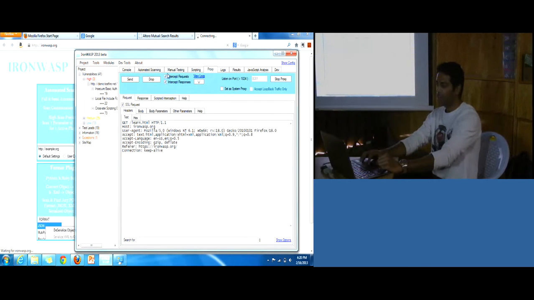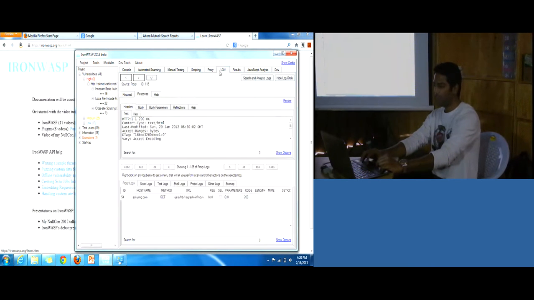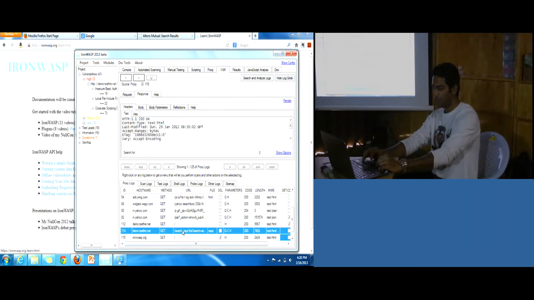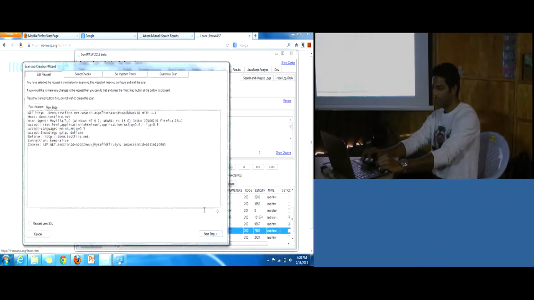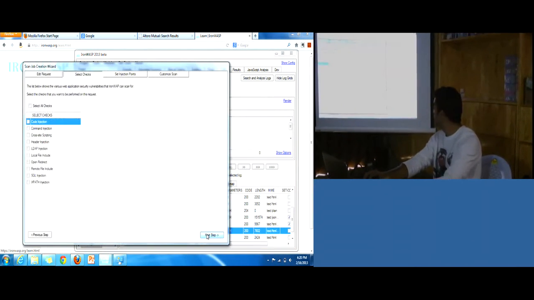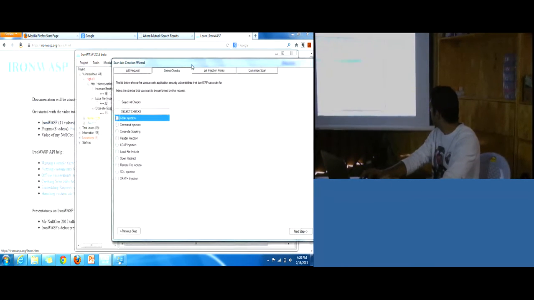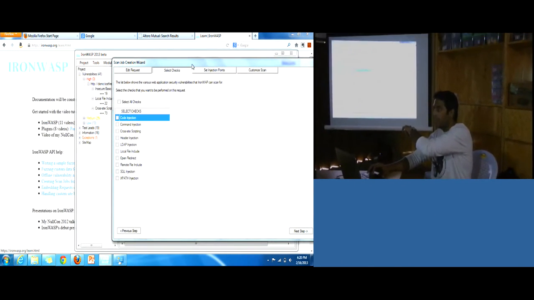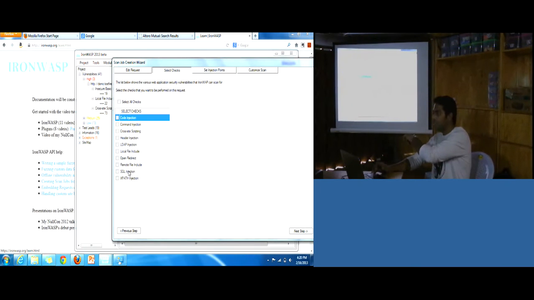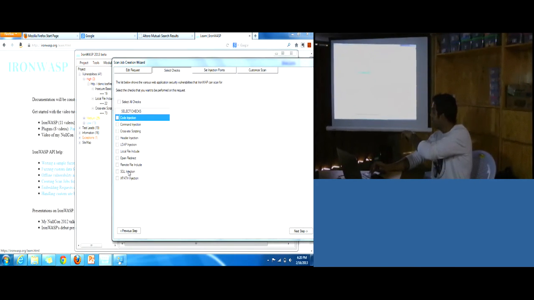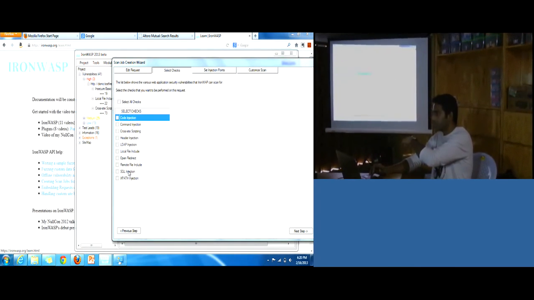Yeah, so if you remember, when I started the scan, it has about 10 vulnerability checks, and you can see SQL injection is listed there as well, right? So it checks for all of them, and this is pretty much what the tools in Backtrack do as well.